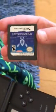Like you can store GBA games in here, and this thing is the memory card for the DS so that it can make its cards not read-only. Like Electroplankton I have here. And we want it to save and not be read-only, right? So I'll put it in here, and this thing is for the DS to save, like I told you, literally. Let's put it